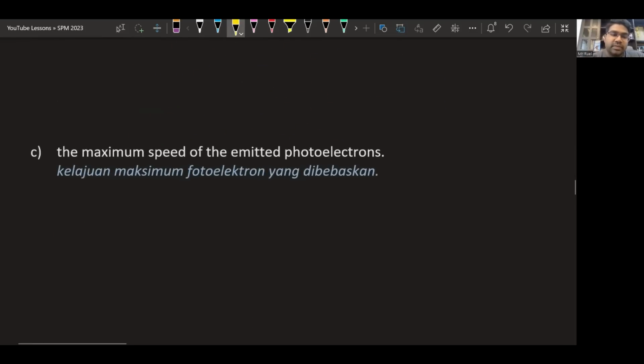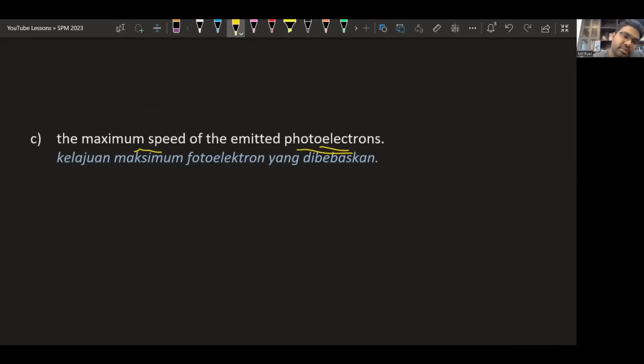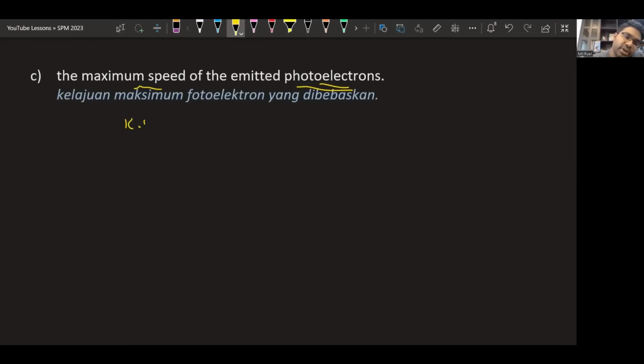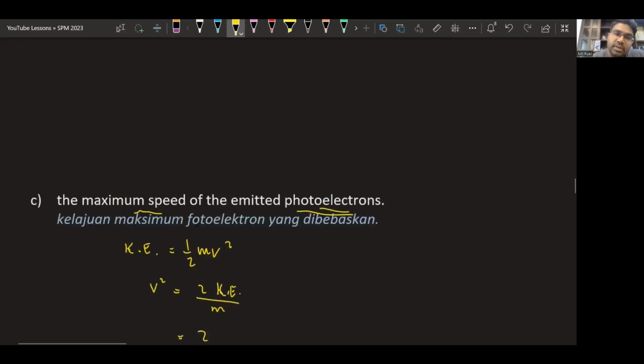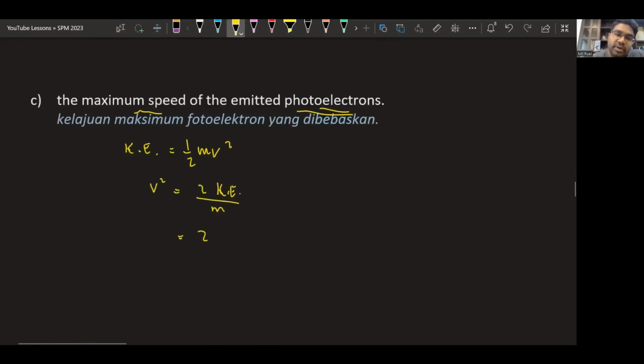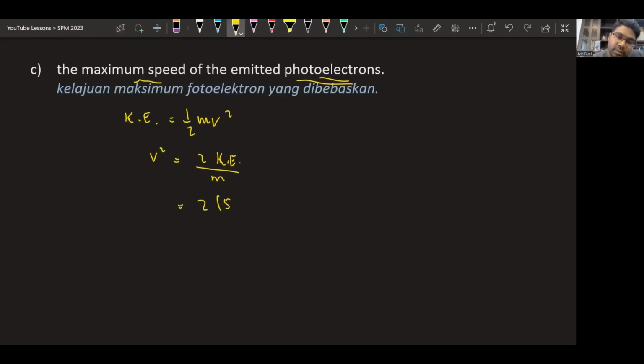Okay, now the next question is to find the maximum speed of the photoelectron. Once we have the kinetic energy, we can find the speed by using the formula for kinetic energy. KE is half mv squared. Now v squared will be 2KE over m. So we have 2 multiplied by the kinetic energy that we found earlier, 5.94 times 10 to the power negative 19 joules,